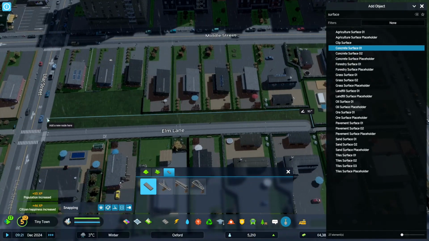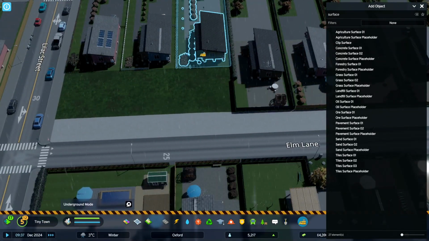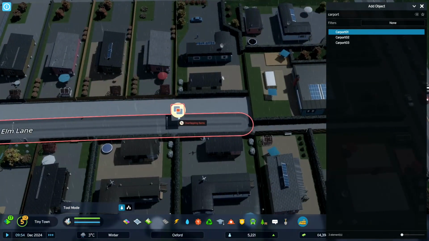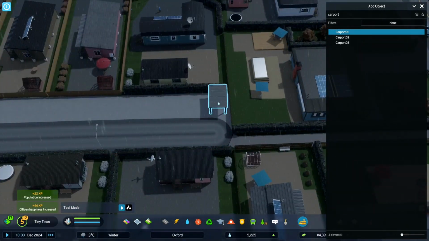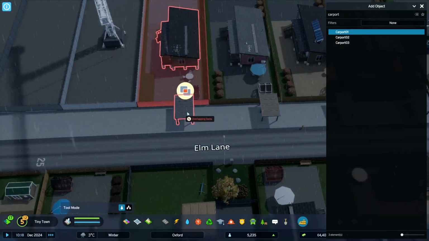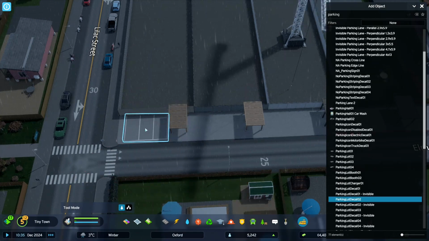It's going to be a fairly simple approach. So if we just concrete the back and maybe use some of the carport. Oh yeah, just changing those assets, deleting them and hoping a new one forms that's the full length. Then we can throw some of these carports down, trying to line them up all on the right hand side. Then a couple of parking spots.